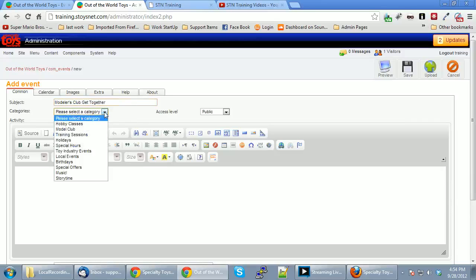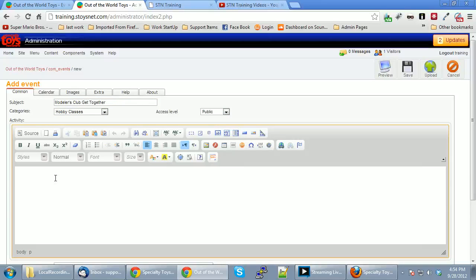And I'm going to assign this to my hobby classes. It's going to be public. Now the reason, there's also access levels, and I know we've talked about this in other training session videos and in our help documentation, but we have some stores creating user accounts for their employees on the front end, of a special type, not just registered, and that allows them to see employee events or dates or schedules on the calendar